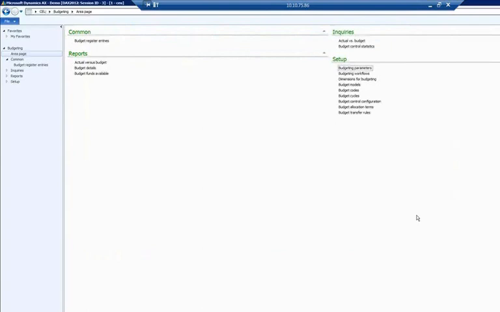The budget control configuration allows for both an active version and a draft version, allowing for changes to be made to the configuration while keeping budget control enabled utilizing the active configuration. Upon the initial setup of budget control configuration, an active configuration will not exist. To access the budget control configuration form, we'll go to Budgeting, Setup,